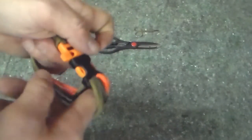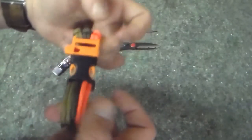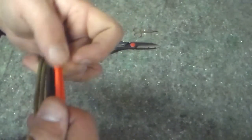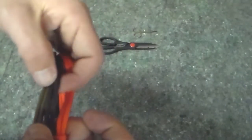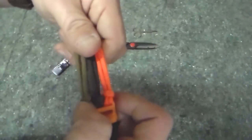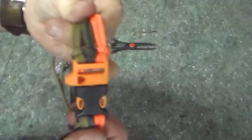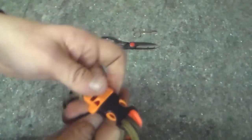So, and I'll just grab all of my tails and pull them out on one side. As you can see already, I've got a ton of cord. These make good watch bands too, but I've got a 2, 4, 6 strand core in this bracelet. So for the guys that want a ton of cord in their bracelet, this is it. It's got a 6-strand core already. Like I said, we started with 10 feet of each one. On this one,